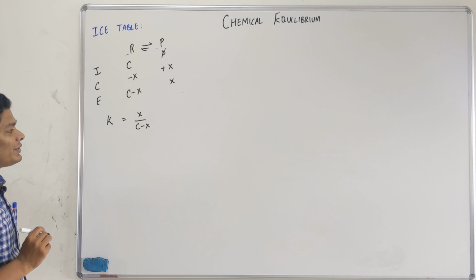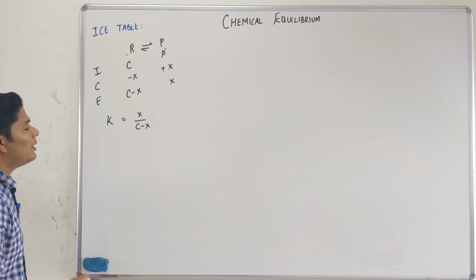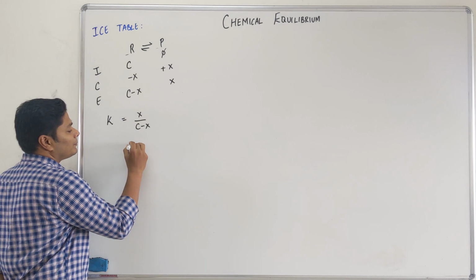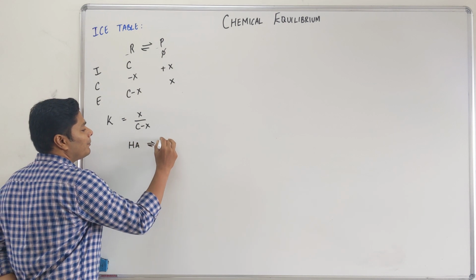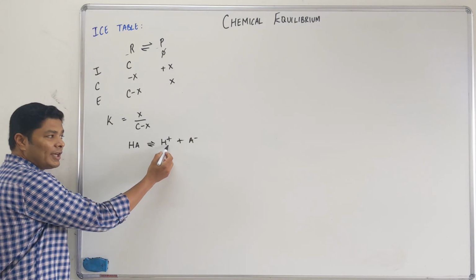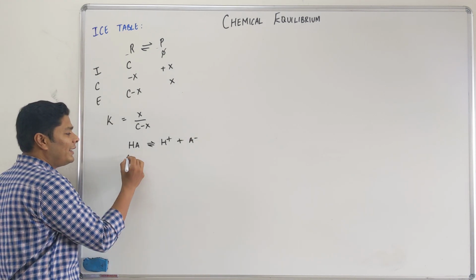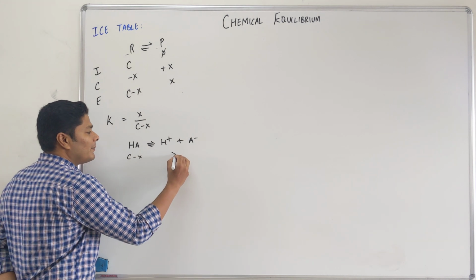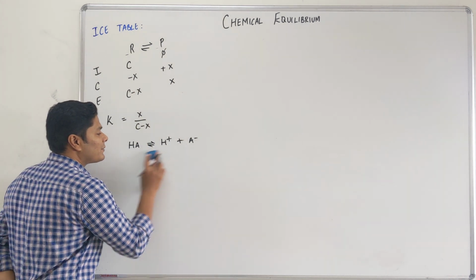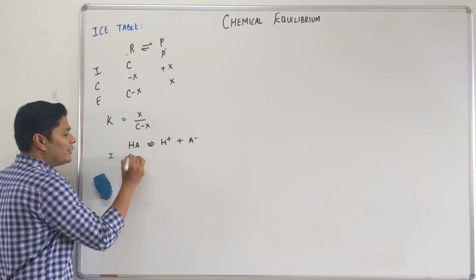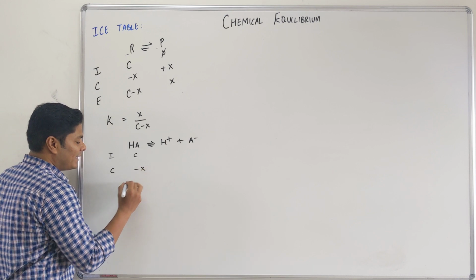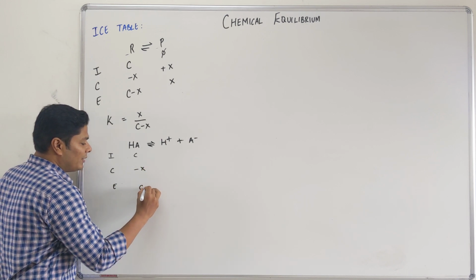Okay, extremely simple. Now for example, let us take a weak acid. HA gives you H plus plus A minus. I know it's ionic equilibrium and I am supposed to write it as H3O plus. At this point, this is fine. C minus X, X, X. Straight a jump on. If you want me to do it in steps, okay. I is going to be C, C is going to be minus X, E is going to be C minus X.